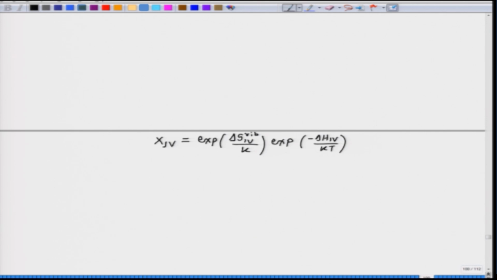Now, it should be noted, when we use these quantities ΔH and ΔS in terms of per mole, then we need to replace k with the gas constant R. Now, let us go over some of the techniques which can be used for measurement of these various parameters x1v or ΔH1v. The first of these techniques is called differential dilatometry